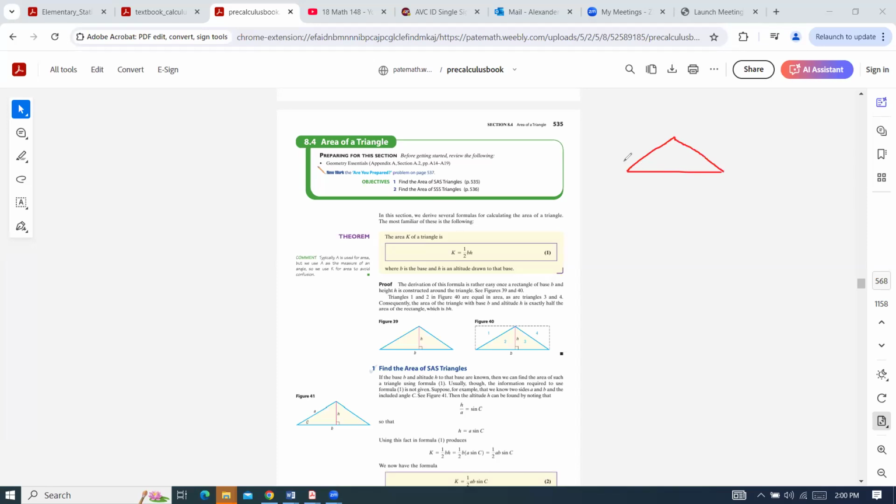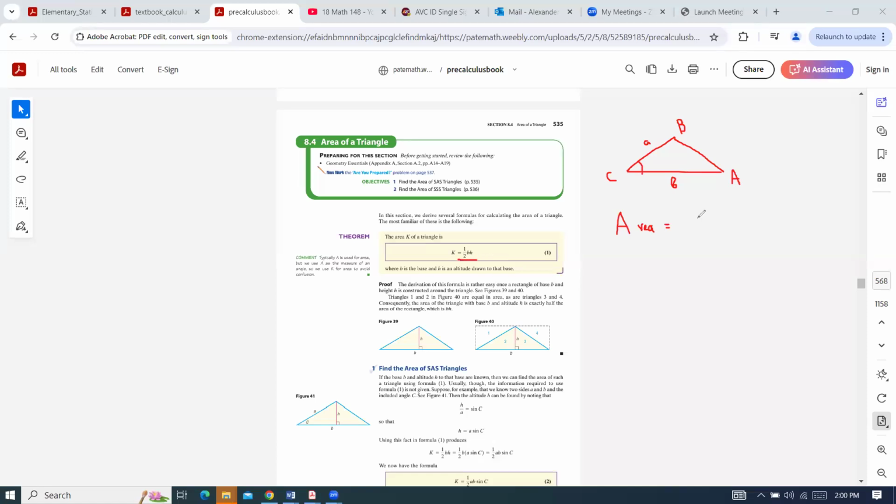We already saw this formula. So if there are sides A and B for our triangle, and the opposite angles are also going to be A and B, then the third angle will be C. So if I know the measure of an angle and the two sides that surround it, then I can find the area. Area of a triangle, which is going to be